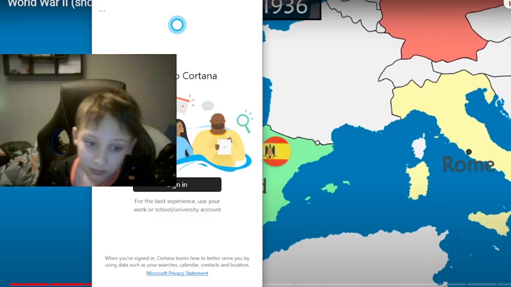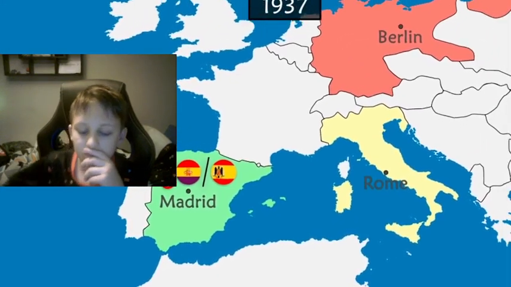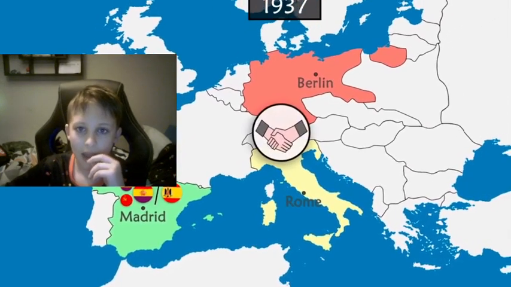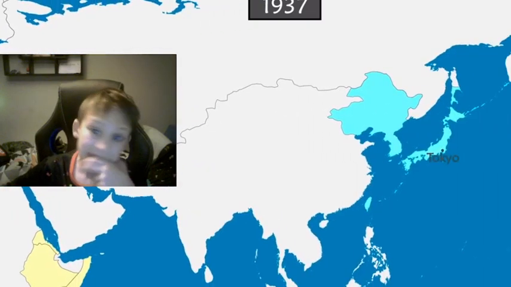And the nationalist camp led by Francisco Franco and aided by Italy and Germany. The two countries took the opportunity to test their armies and to get closer diplomatically. In Asia, Japan continues its expansionist policy.